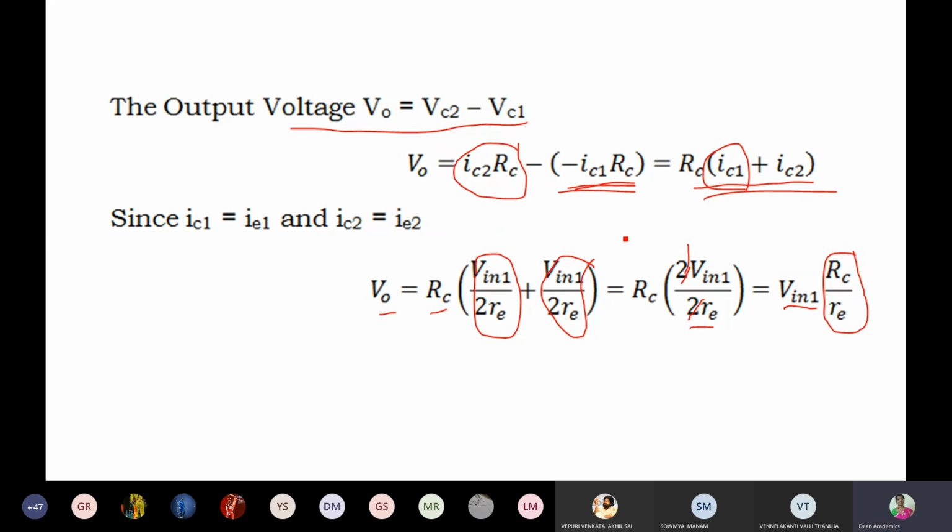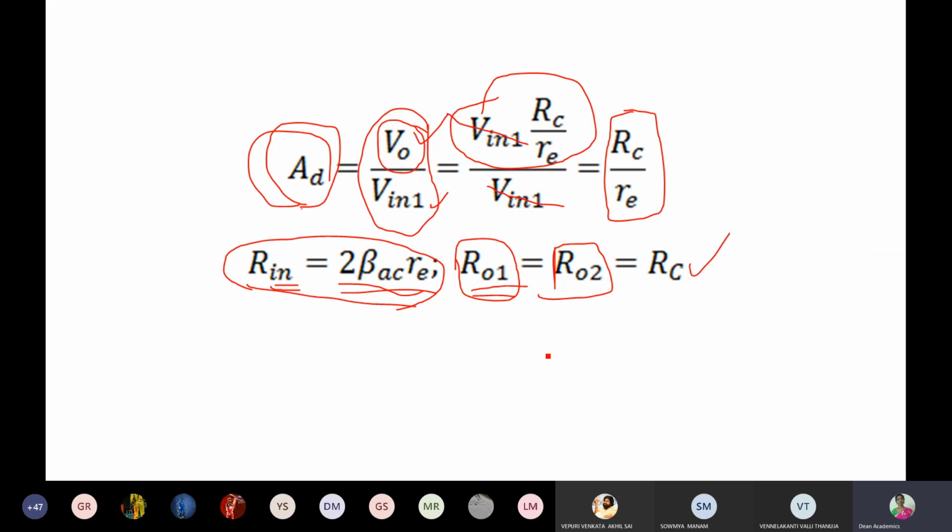That is the voltage drop across this RC, and finally IC1, IC2 are replaced with IE1, IE2. IE1, IE2 expressions we already got. After getting V0 is equal to Vin1 into RC by RE,